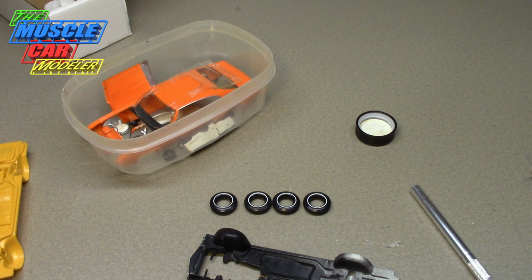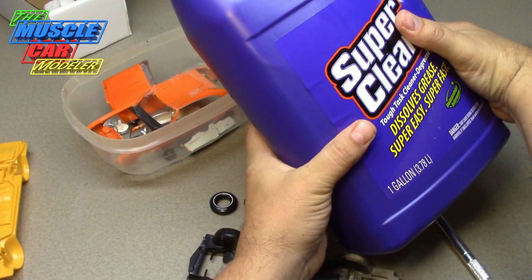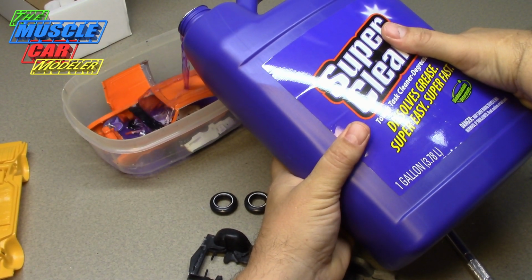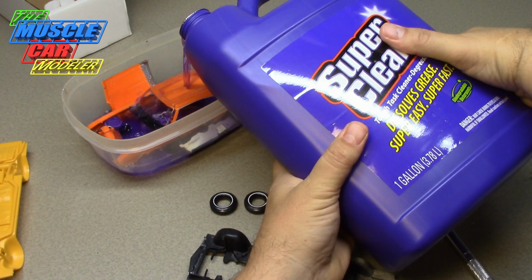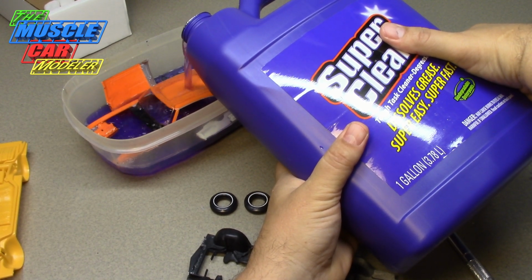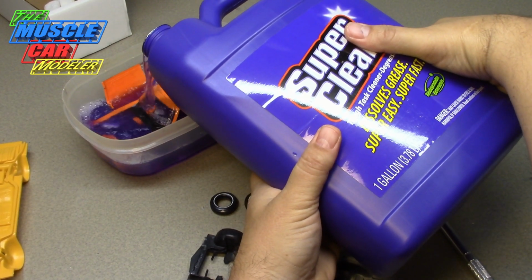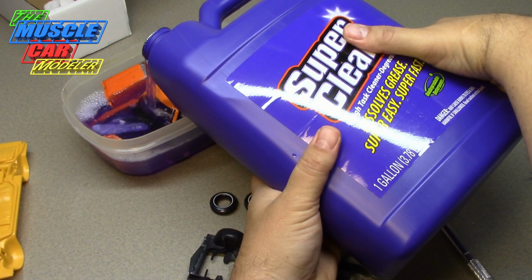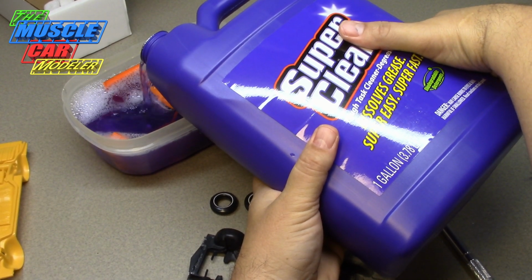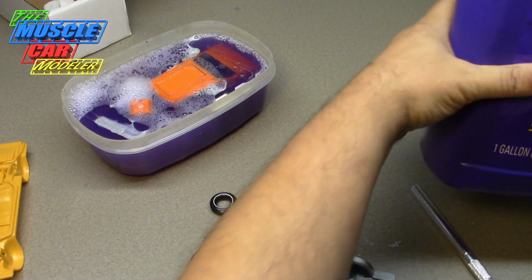Had to go buy a brand new one because I dumped it out on my last one, so here we go. I'm just pouring it slowly because I don't want to splash around. Usually I'm doing this in the garage or in the backyard, not in the house. But that's where the camera is. So we'll let that sit there, and